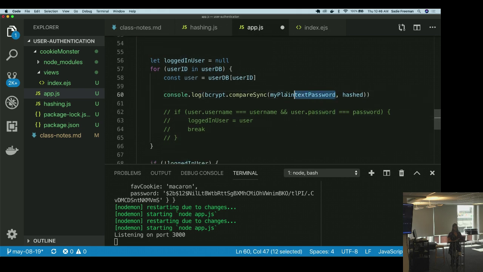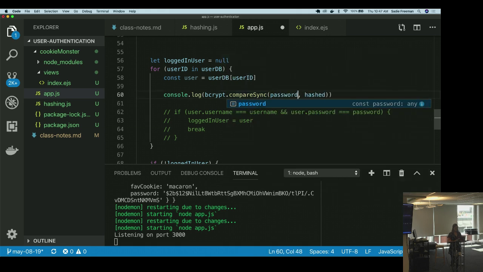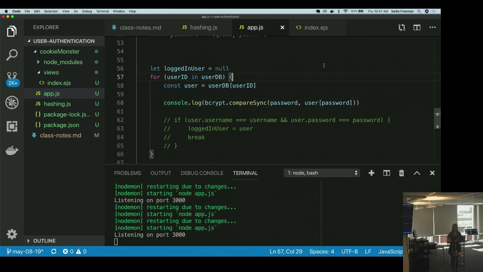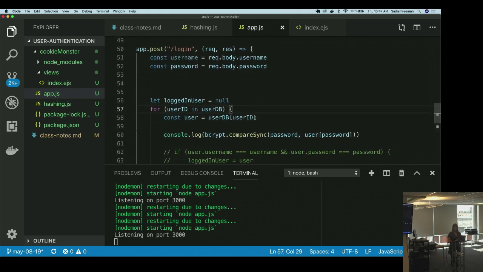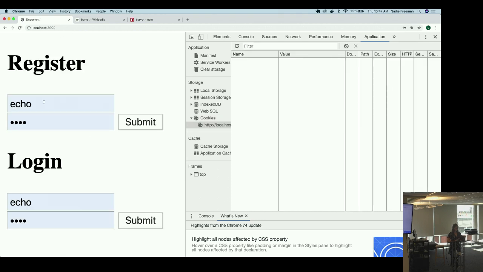and we'll just console log it for now to verify. So what are we comparing? We've got the one that we're getting in, which is what we've stored as password, and then the user password. Your first argument is the plain text that you're getting in. Let's console log that and check it out. We have to register again because every time I restart the app, we don't have a database that's storing this information. Let's go Ella and woof. So submit. And now when we try to log in as Ella with woof,